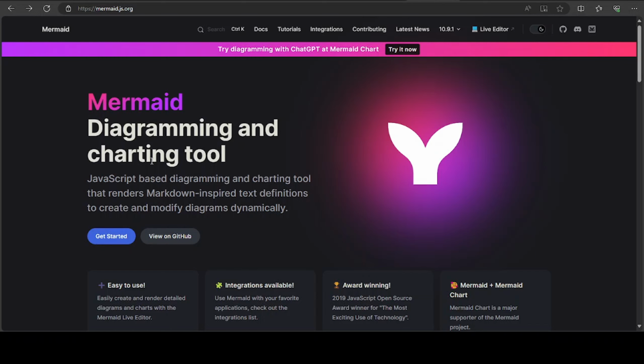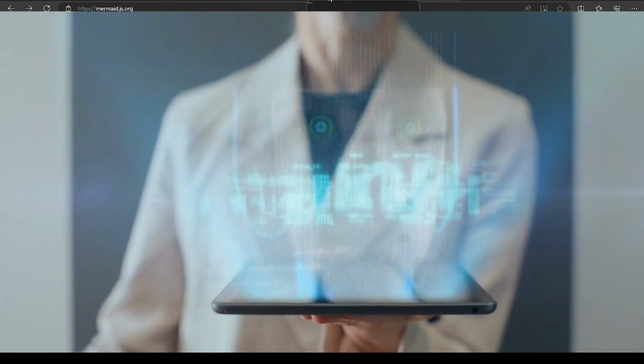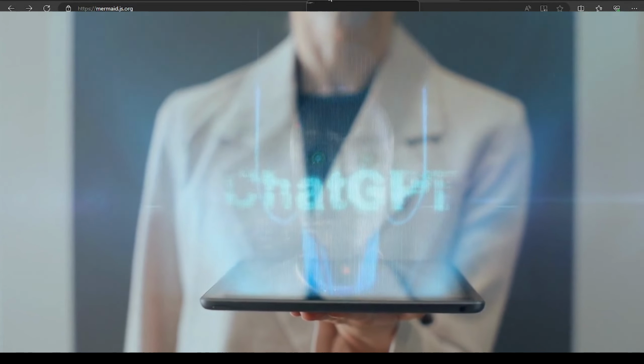It is a JavaScript based diagramming and charting tool that renders markdown inspired text definitions to create and modify diagrams dynamically. We are going to use ChatGPT to create a script for us,